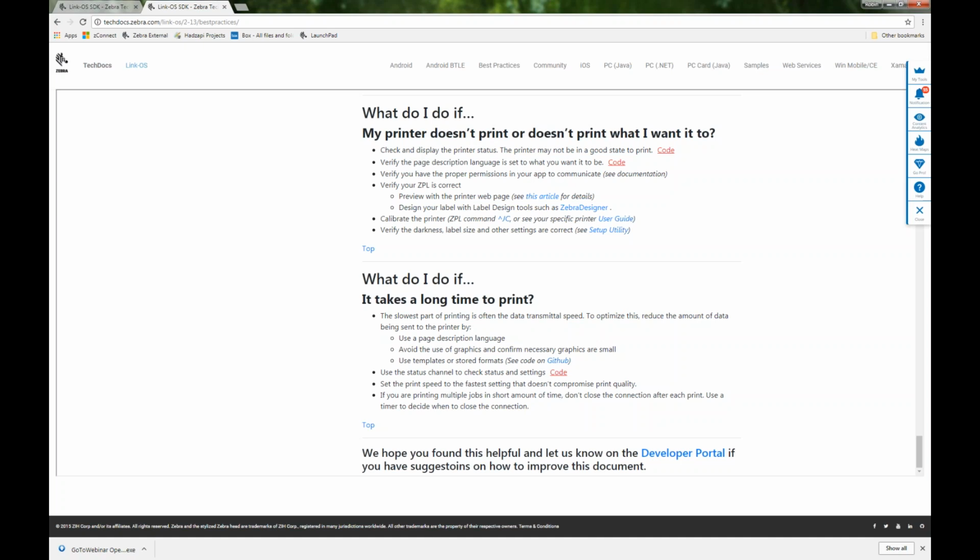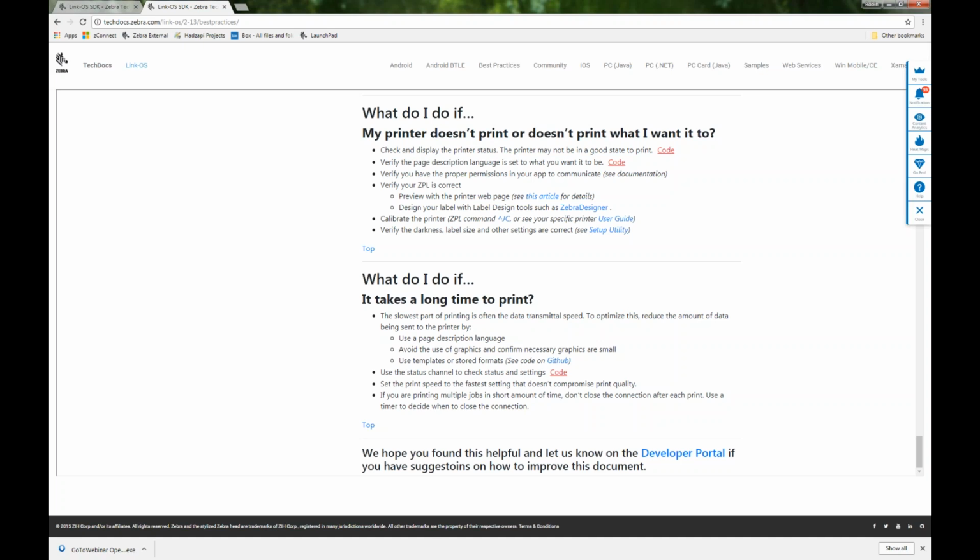So keeping in mind the fact that you don't have to close the connection after each print if you're printing a large batch of print jobs at one time, and all the different use cases around batch type printing, and we can go into that. One of the things that we're probably going to add into this is talking about how to handle batch printing